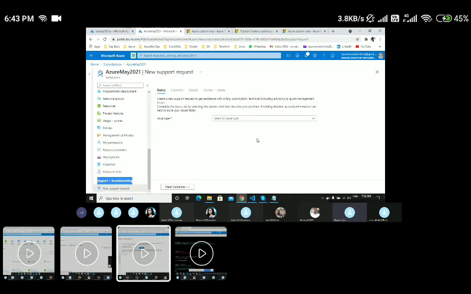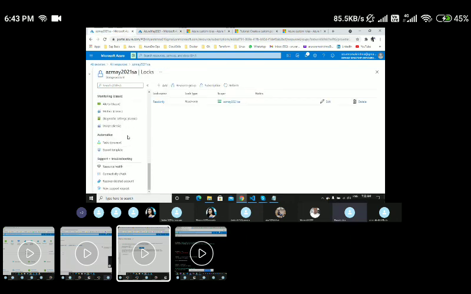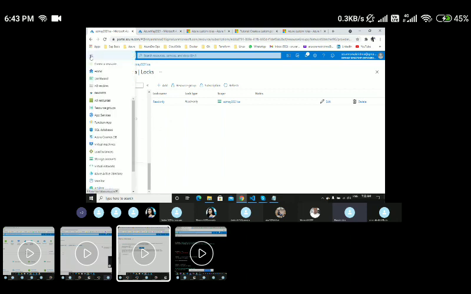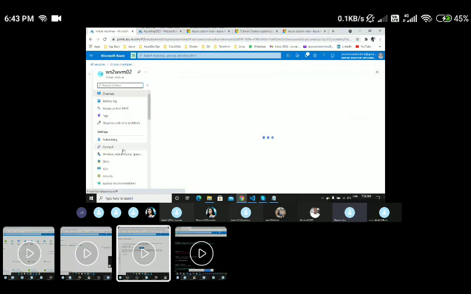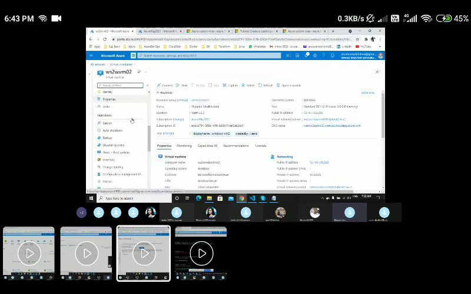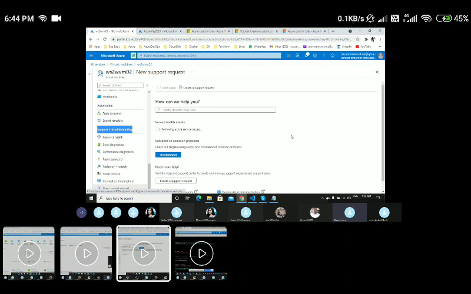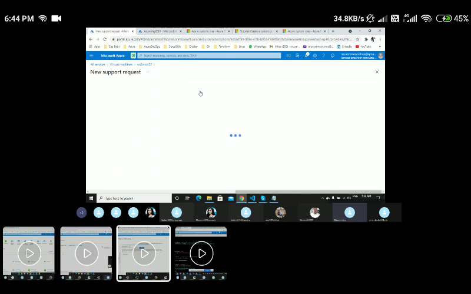Whenever you are working and facing some issues, we can directly create a support request with Microsoft. For example, if I'm working with storage account related services and I'm getting some error, or let's say I'm working with a VM. So this is my VMs, and I'm facing some issue and it is not working well, I can go to this particular new support request. At the end, for every resource, you have this particular option. So we can raise a support request with Microsoft. Here you could see create a support request.